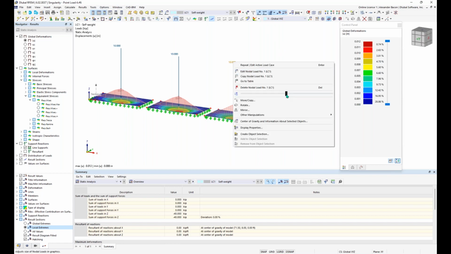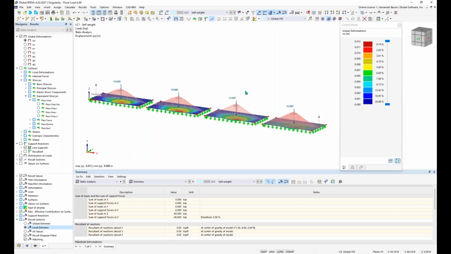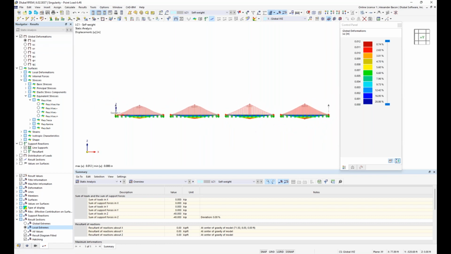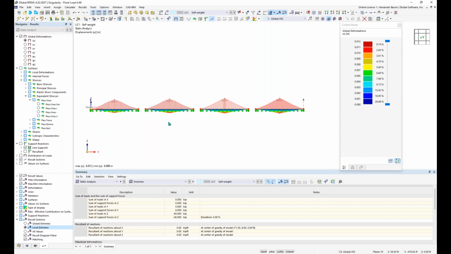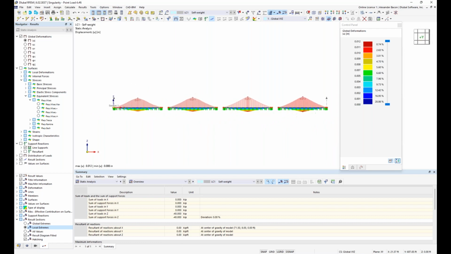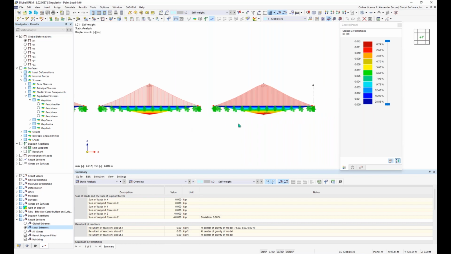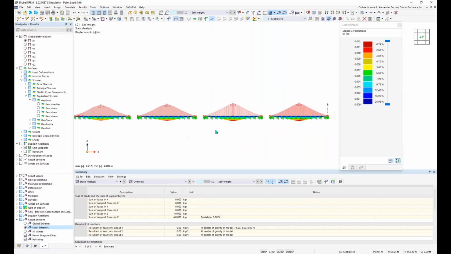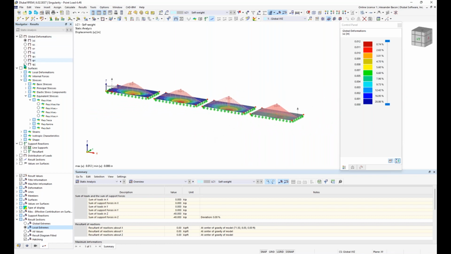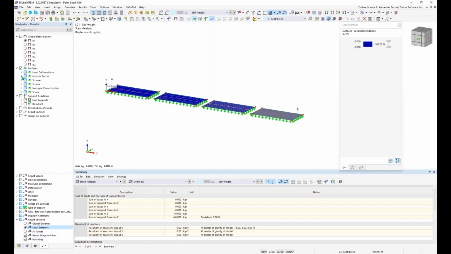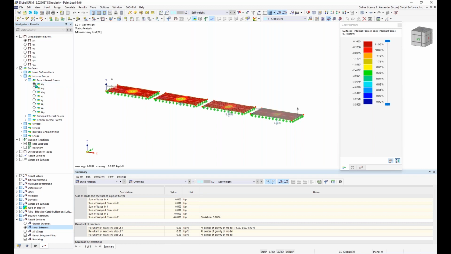We can also shrink the size of our load there. We can turn this off. And right now we're looking at our global deformations, which look okay. They look good. Doing a quick visual check here, this is what you would expect from our global deformations. Let's take a look at our internal forces. So if we go to internal forces and we take a look at our bending moments along the x-axis here,